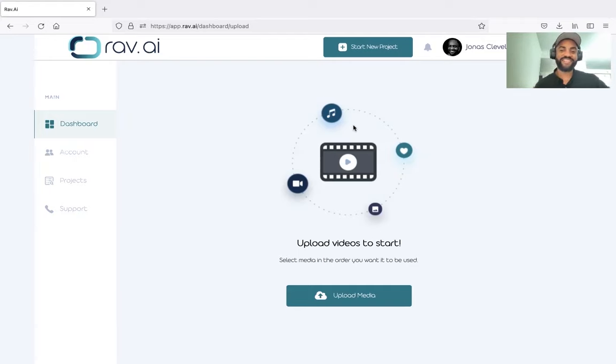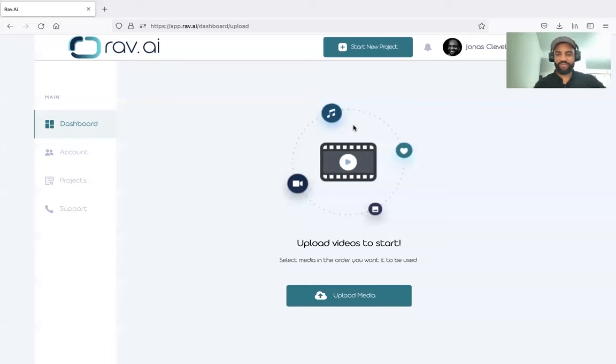We're able to send the edit notes along with the footage that you've captured. Also, the transfer speed with Rav.ai is typically much faster than it is with Dropbox or Google Drive or even WeTransfer. That is the process and the time that it takes for that footage to be uploaded to the platform itself. So I'm going to show in this video how you can resubmit a revision that you've received back,